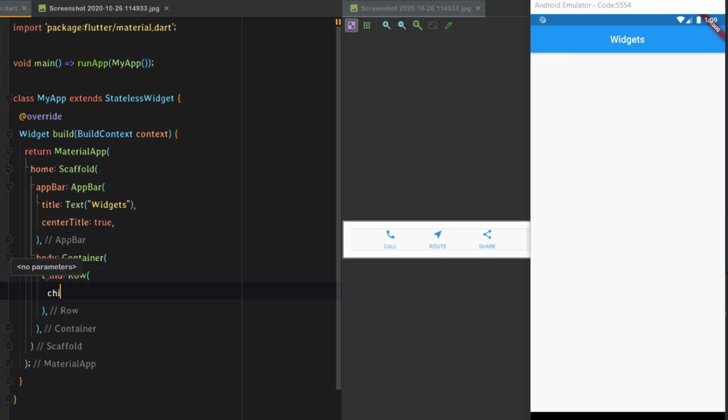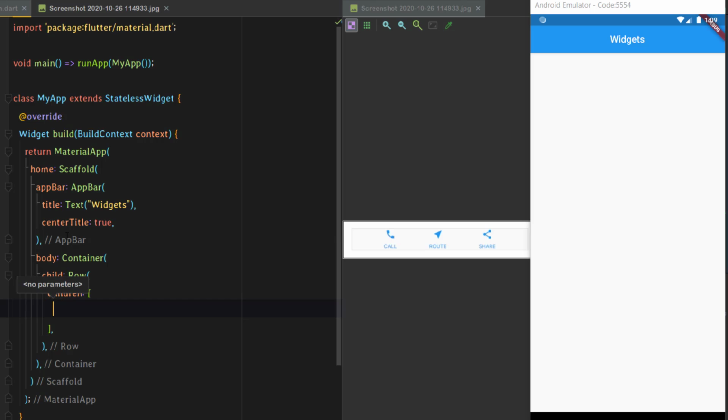The same way, row also takes children as one of its parameters, where we can add multiple widgets under it. So to add this, we basically have column under row, three columns. Under this children, I can just add a column.